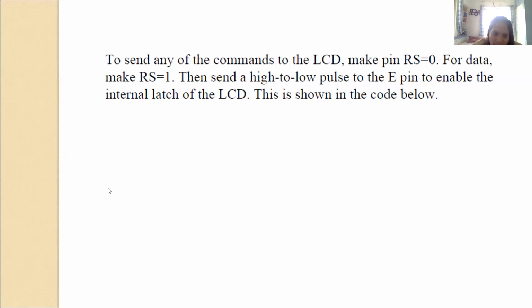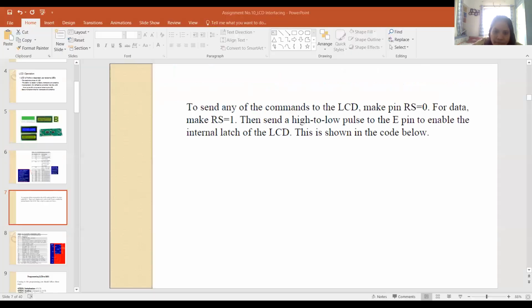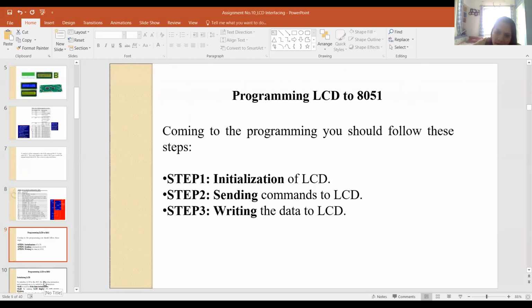So to tell the LCD, we need some values for three pins: the RS pin, the RW pin, and the third pin, the enable pin. These three pins are set for data, and also set for commands.